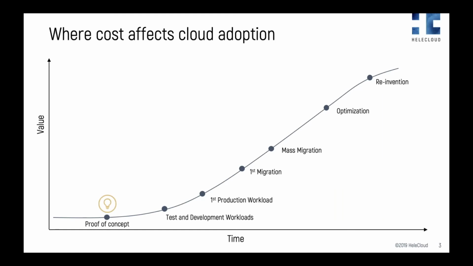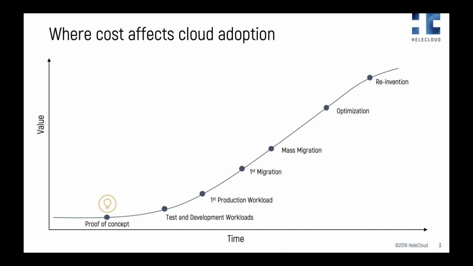You may have seen this cloud adoption curve before, and this is to show you really how people generally move through into a cloud journey. And typically what you'll do is you'll start thinking about the cloud and looking at it by running a proof of concept. And from there, you'll generally start to move test and development workloads to the cloud. You may start by using the cloud as an extension of your existing infrastructure, for example, by using AWS as your disaster recovery location. Or you might extend your on-premise storage to the cloud. These are all excellent uses of the cloud and a great way to start.